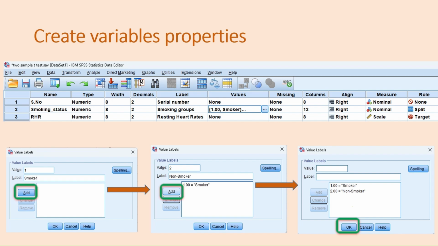For values, we press the button for the values of the second variable, smoking status, and put the value 1 for smoker and press add, and the second value 2 for non-smoker and press add, and press OK.